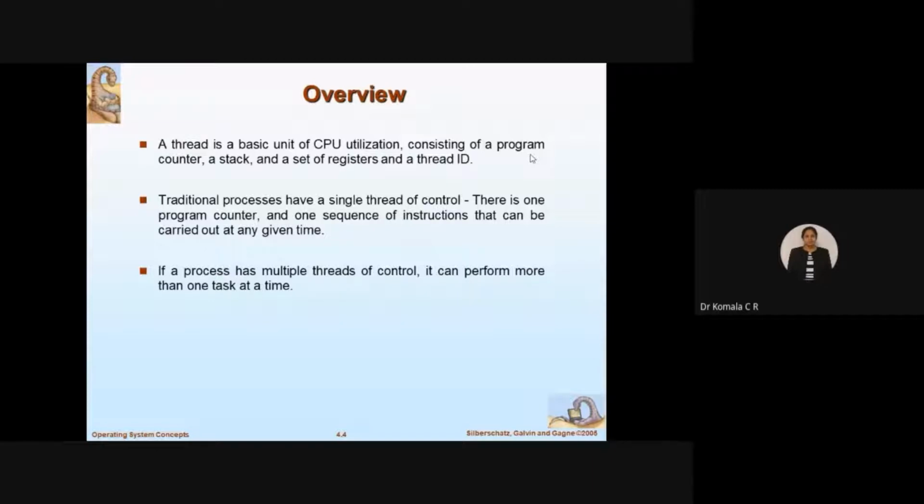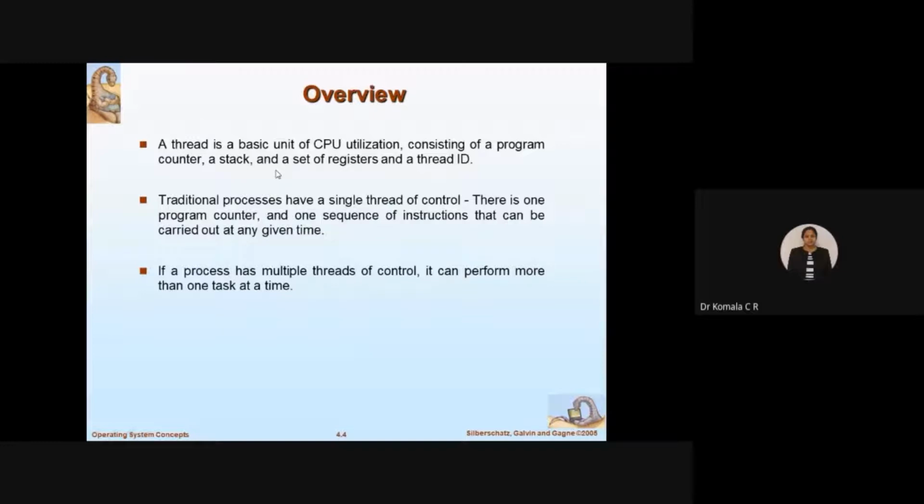So when you start executing the program, you will come across several steps. One by one you are going to keep executing, fine? Which step you are executing, that is taken care of by whom? The program counter. It will hold the address of the next step, the next instruction which you are going to execute. So what else do you need while executing? You also have to go for a stack. Why do you need a stack? A stack is where you are going to store the data on which you are going to execute the instructions. You want to add two numbers. These two numbers, where are you going to store? You are going to store them onto the stack.